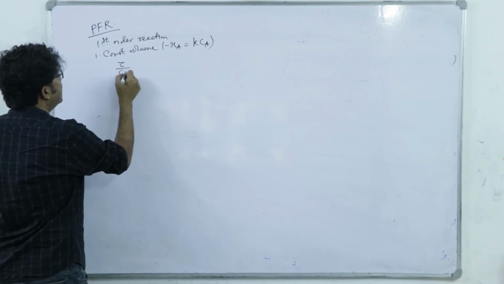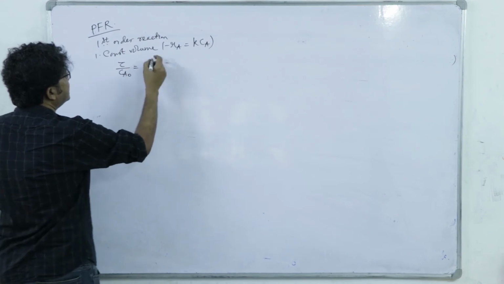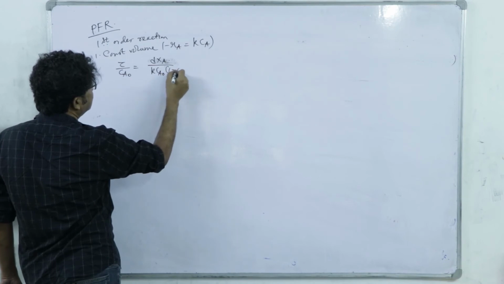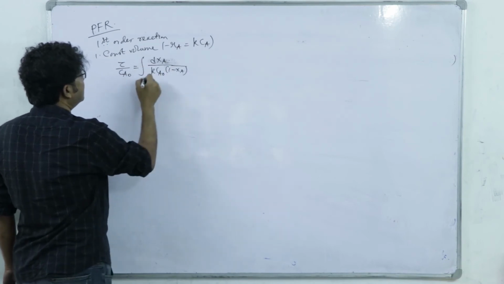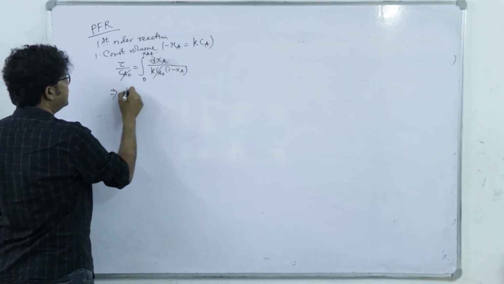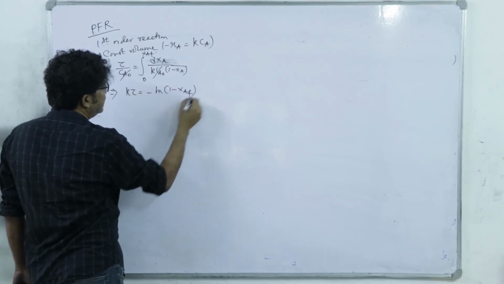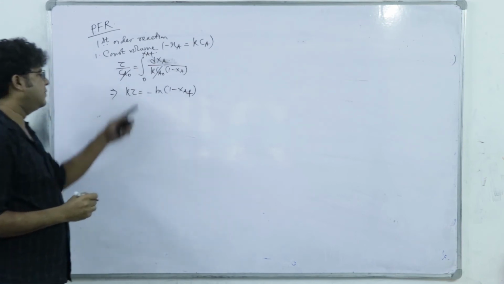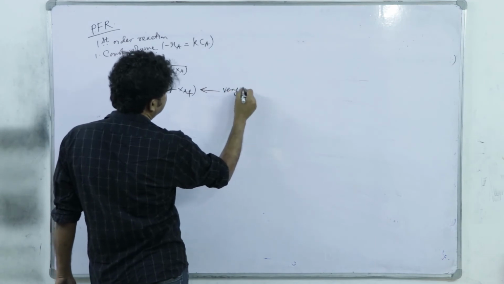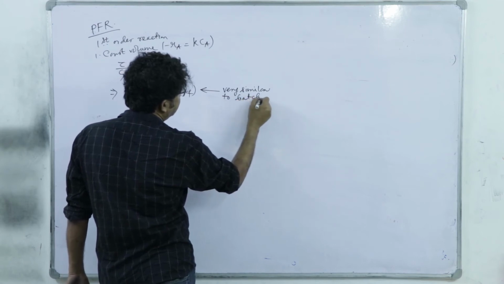So tau by Ca naught is equal to the integral from 0 to Xaf of dXa divided by K into Ca naught into 1 minus Xa. So Ca naught cancels out. So K into tau is equal to minus of ln 1 minus Xaf. So this, you see, is structurally very similar to batch reactor,